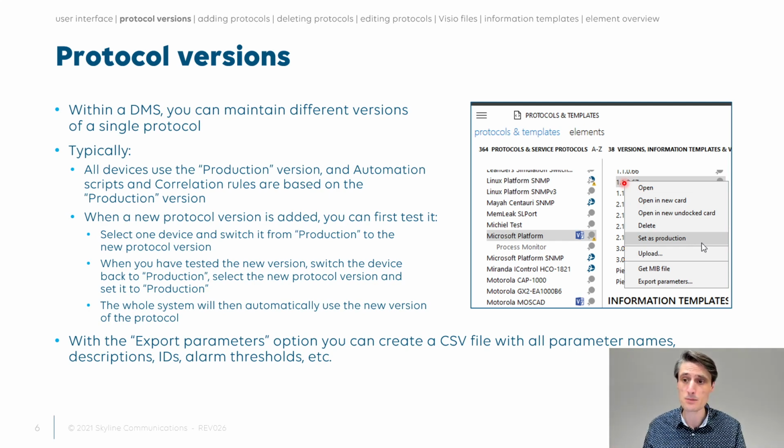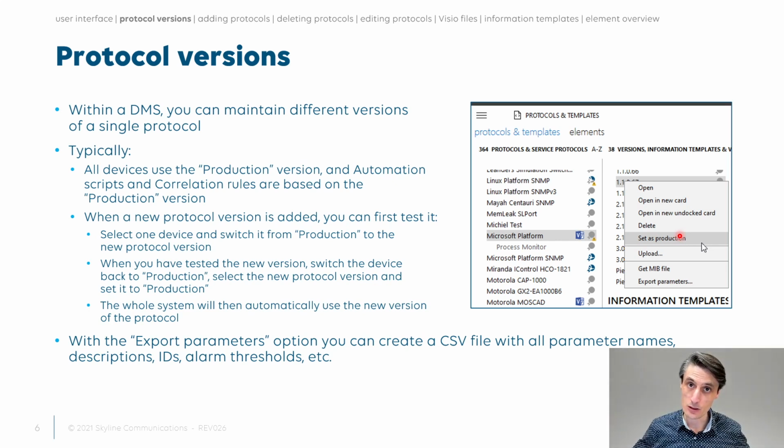Certain changes are maybe incorporated, or maybe a fix somewhere. I see everything is okay. So I take the element, I put it back on the production version, and then I go into my UI, and I can say here for the Microsoft platform, the second version, the new version I just installed and validated on one element. I right click on it, I say set as production, and immediately the 100 elements will stop,